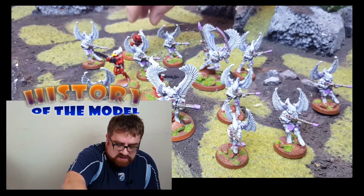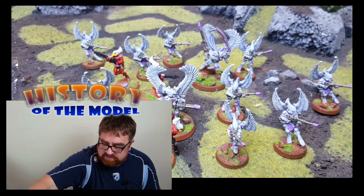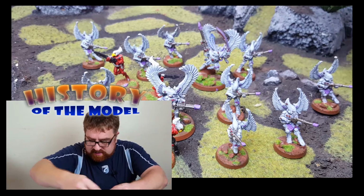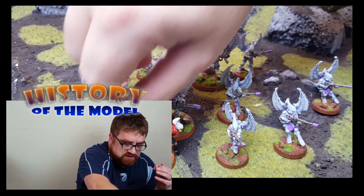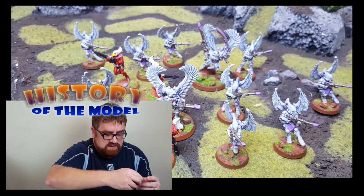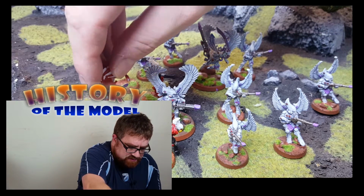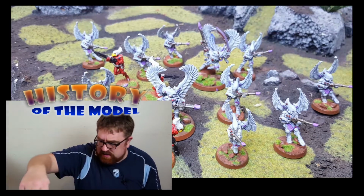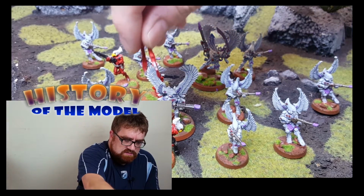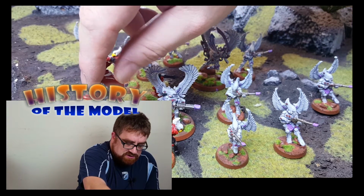But these are the models that most people are familiar with. They come with the wings at the back. So this is the Exarch model, I've lost his arm as well, which, you can see, is not very good. So he has these 2 wings. Now they're 2 individual wings and they glue on. Not sure if they're the same as the Autarch wings. I think they are, but they may not be, I'm not sure. So these 2 wings glue onto his back individually,